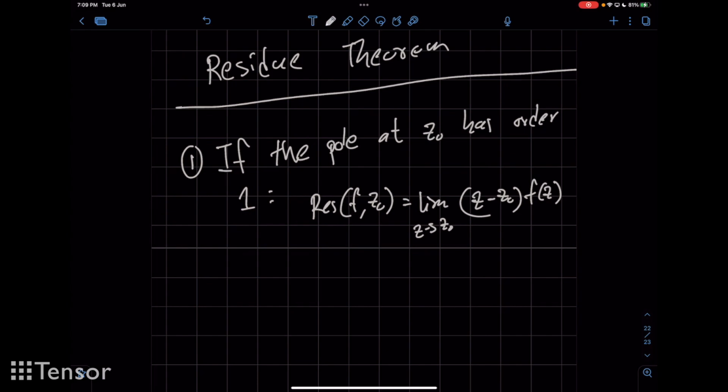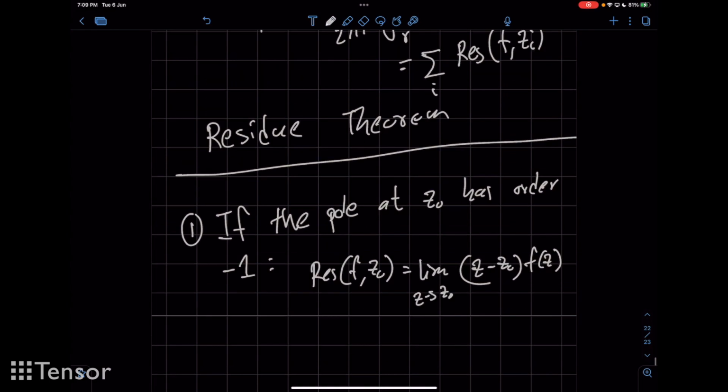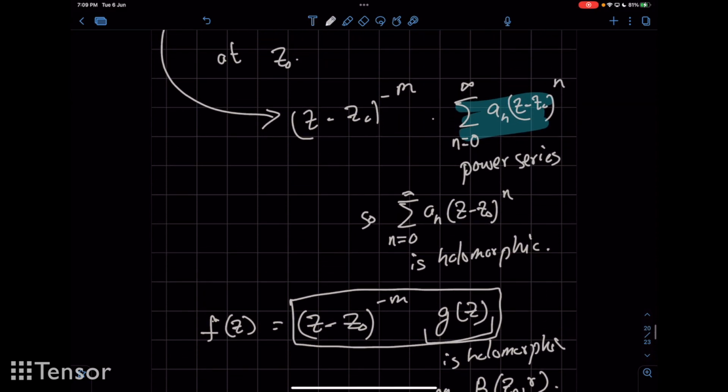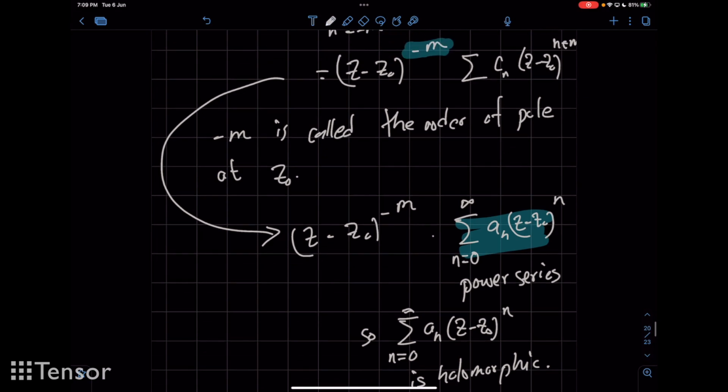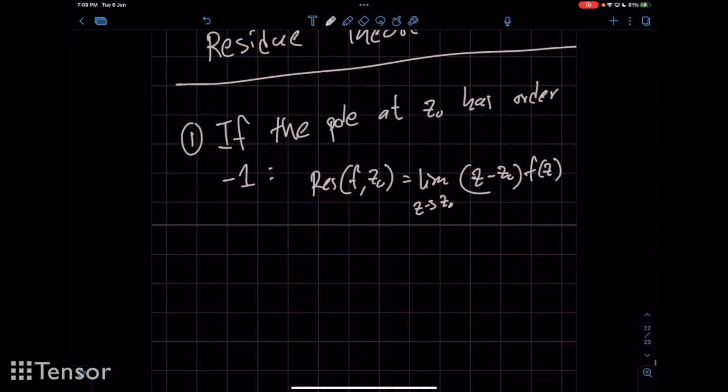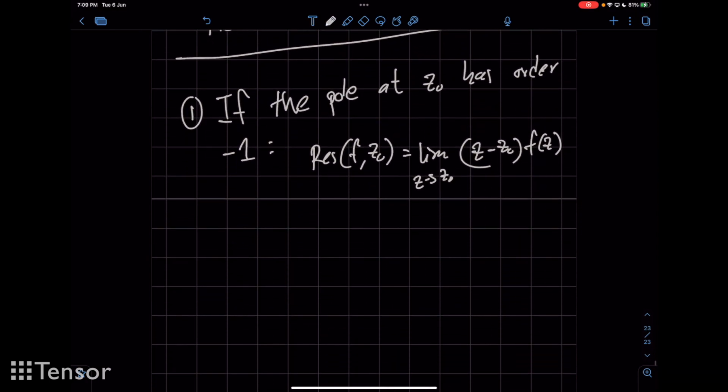So this, well, by order 1, I mean that it should be order -1, because we define the order of a pole to be a negative number, right? So we define -m to be the order of the pole. So if the pole has order -1, well, this should be intuitively clear, because if we expand f into a Laurent series,